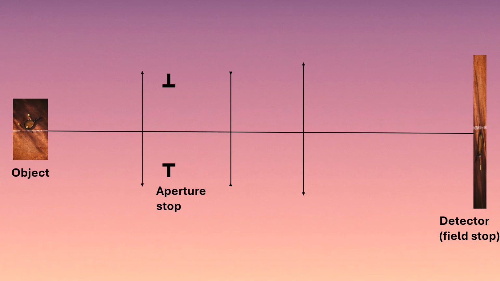Building on the aperture stop we just discussed, when we conjugate the aperture stop through the optical elements towards the object space, we get what we call the entrance pupil. Similarly, when we conjugate towards the image space, we get the exit pupil. In other words, by projecting the physical aperture stop through the lens system on both sides, we obtain these two pupils that control how light enters and exits the system.